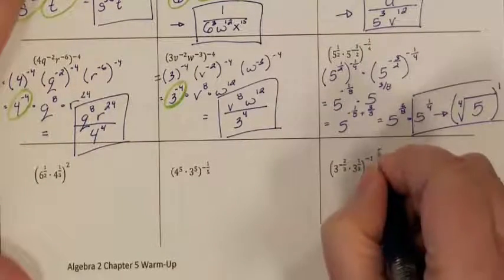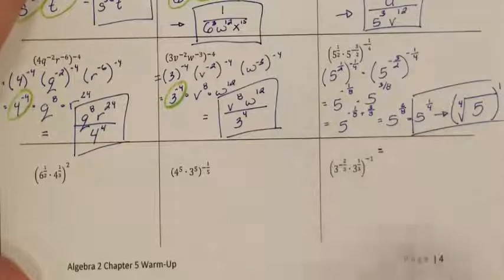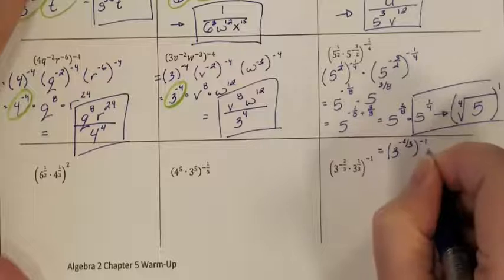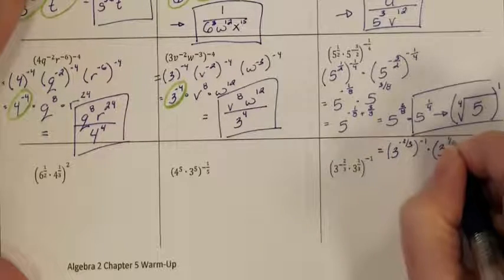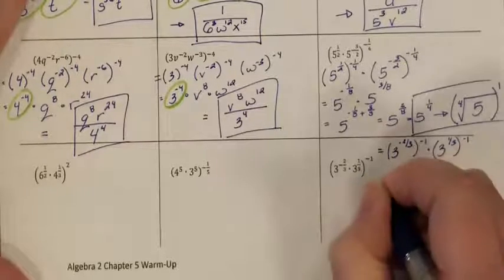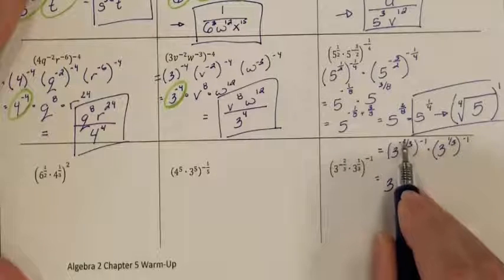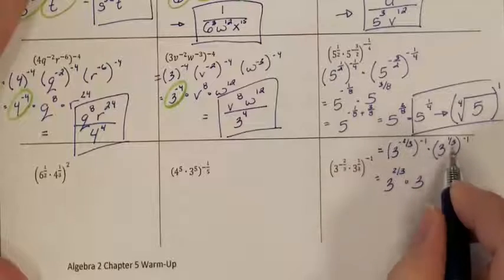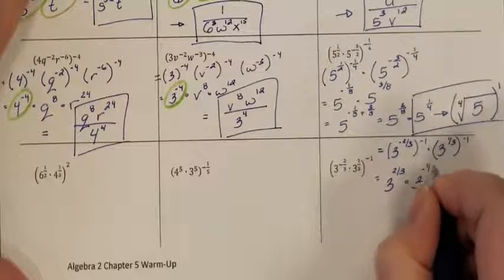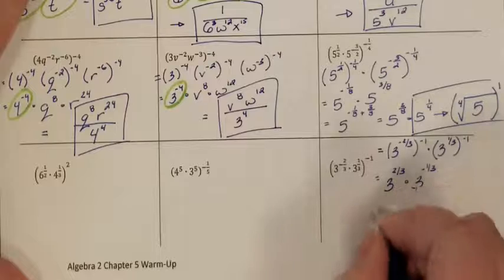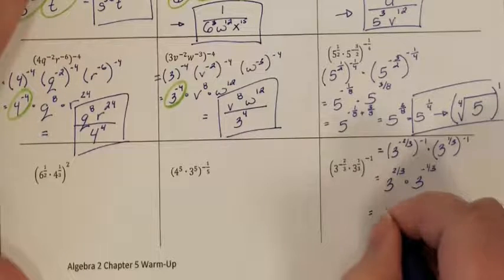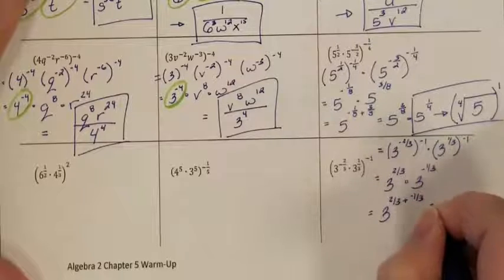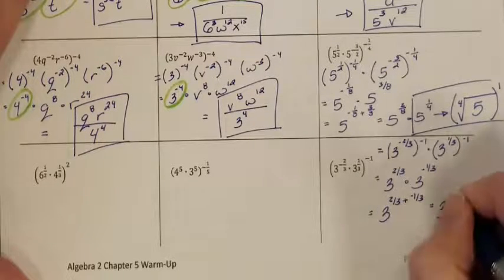Let's look at this next one over here. Everybody in here is raised to the negative 1 power. So that 3 to the negative 2/3 has the negative 1, and this 3 to the 1/3 has the negative 1. So I have 3 to the negative 2/3 times negative 1 is a positive 2/3. 1/3 times negative 1 is a negative 1/3. Now that they each have their own individual exponent, they're both base 3s. So I had 2/3 being added to a negative 1/3,